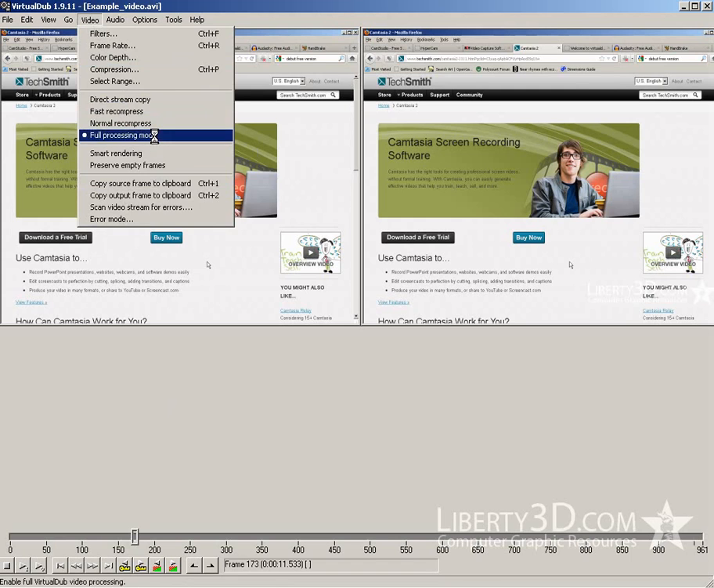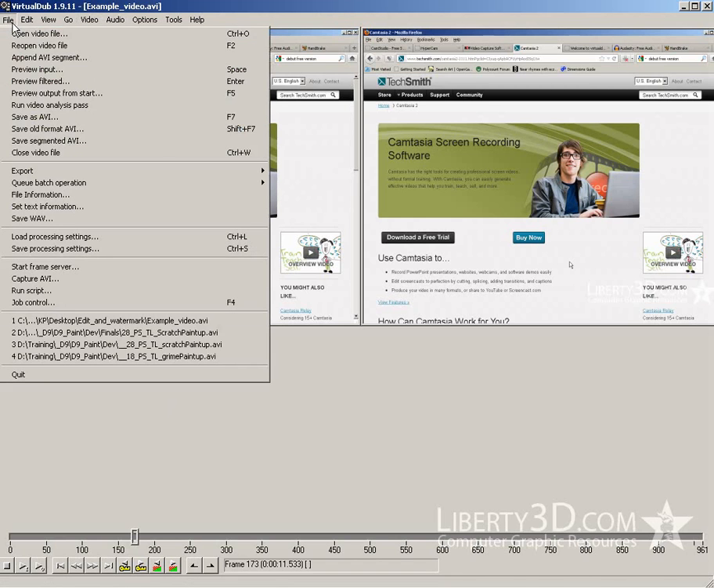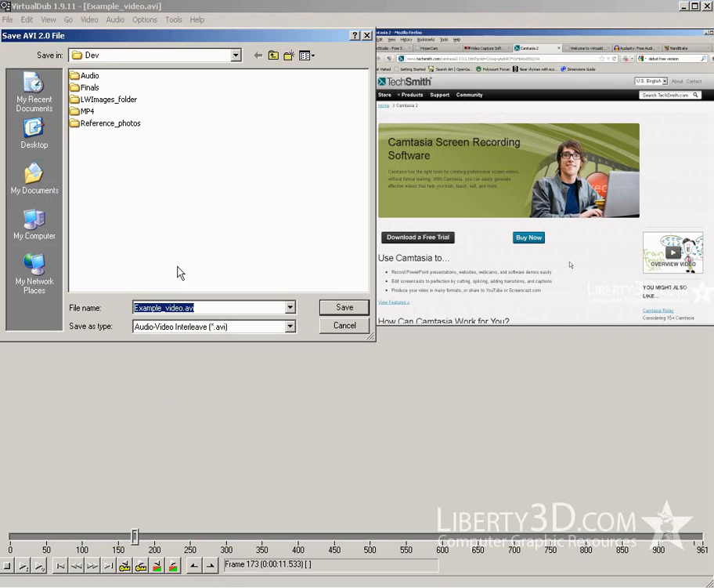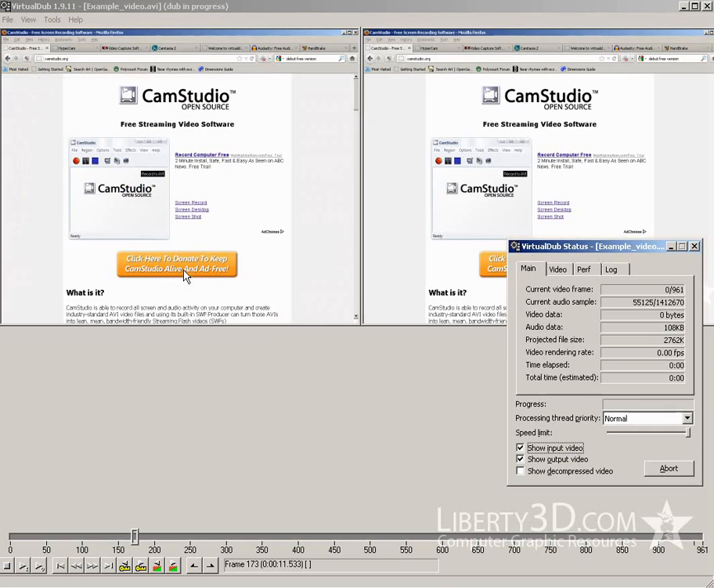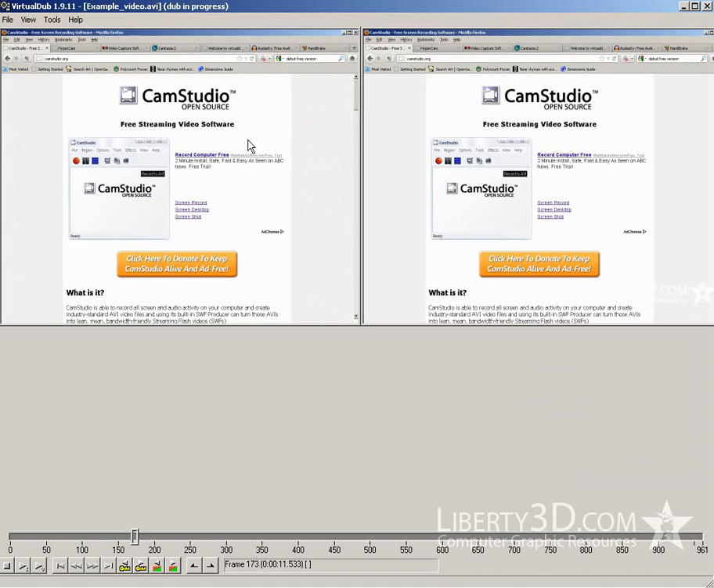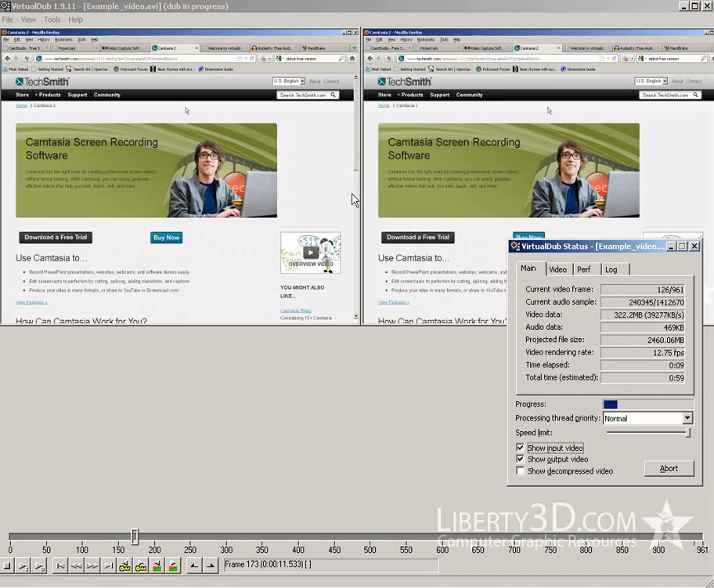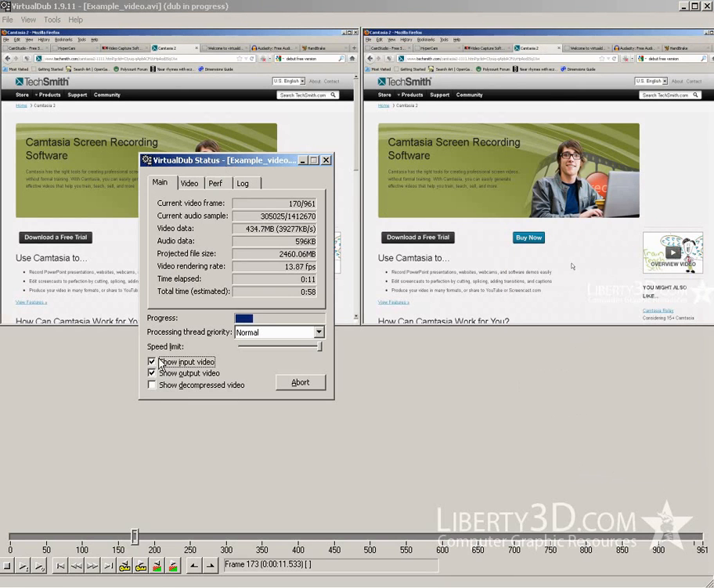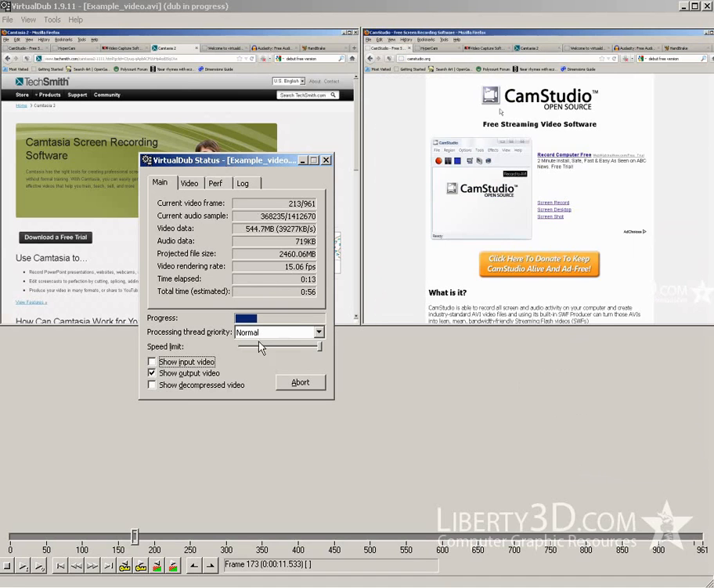So I'm going to leave full processing mode on, and I'm going to go File, Save as AVI, and let's go Desktop, Sample Video, finished. So pretty much our VirtualDub has done a lot of the work for me. Okay, so VirtualDub, very good tool. Okay, and very fast as well. So it's crunching through that video pretty quickly, and I'm going to let that finish,